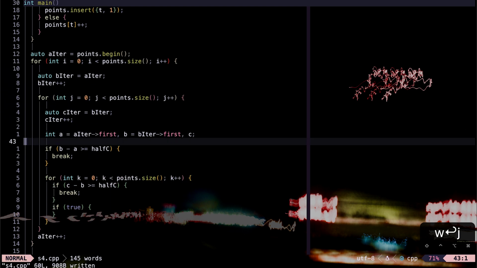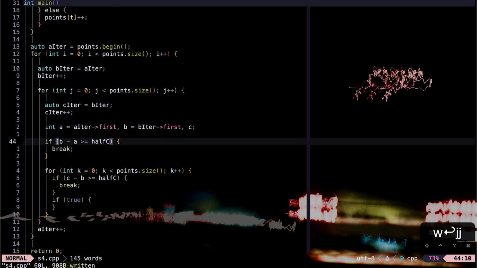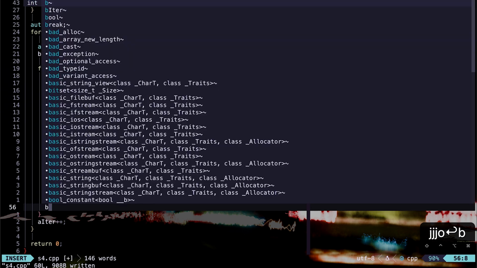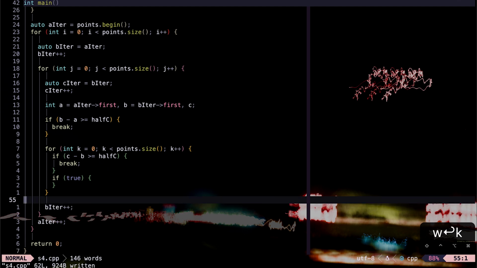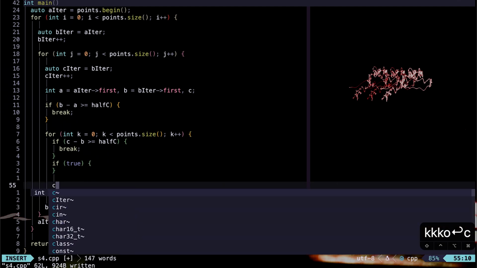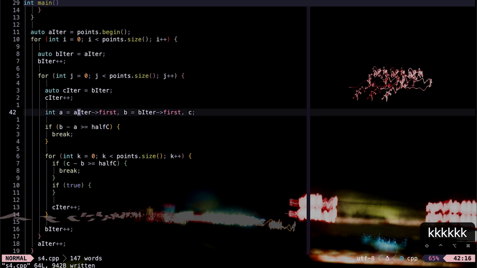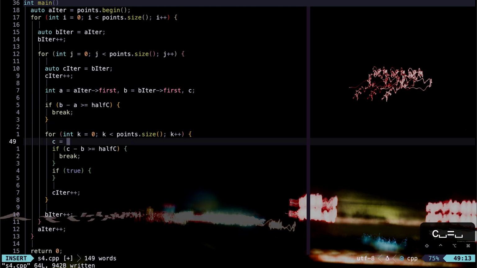Oh, it's a triple nested for loop. This is not good. We check. I mean, it should be alright, because when we do this, we go in B iterator plus C iterator plus here at the end of each for loop. We'll say if, then that's great. C is equal to